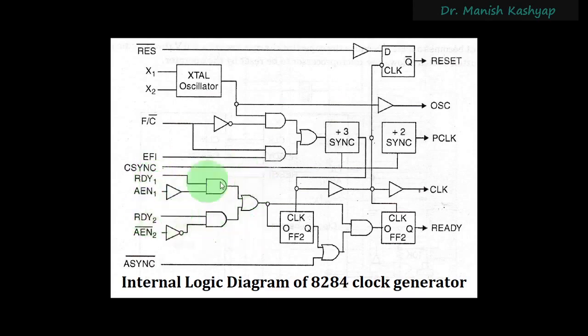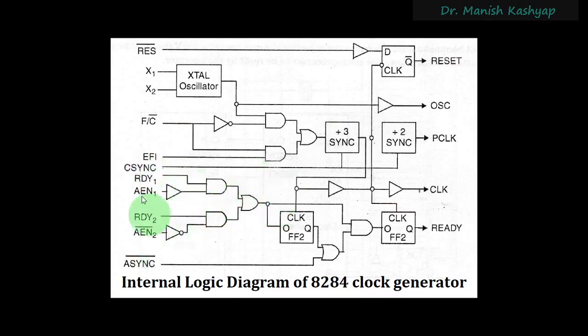Now, you also see this small circuitry here. You can see that there is this AEN1 and AEN2, address enable signals. These are the two signals, and when the externally interfaced devices are ready to transfer some data, in that case this ready signal will be applied. Ready signal will be applied as one there, and if this clock is ready to take that input, you have to use this AEN1 and AEN2 signal, right? So this is an activator for that, and correspondingly you have got the output here, right?